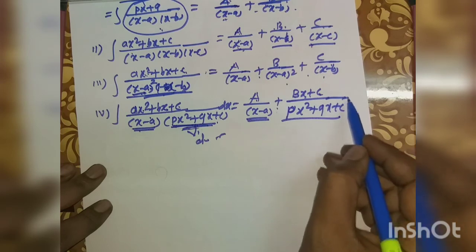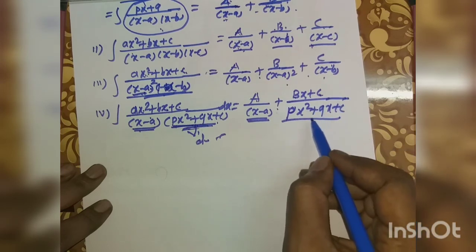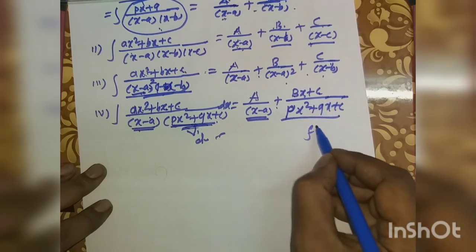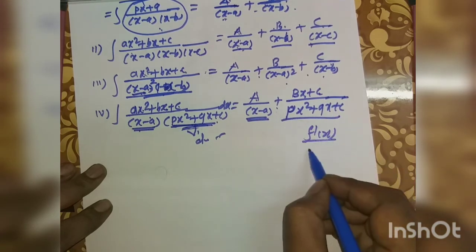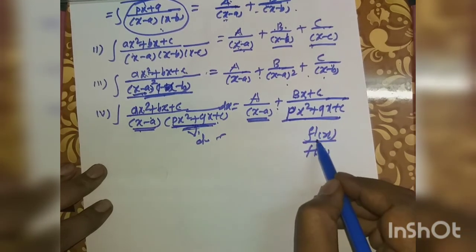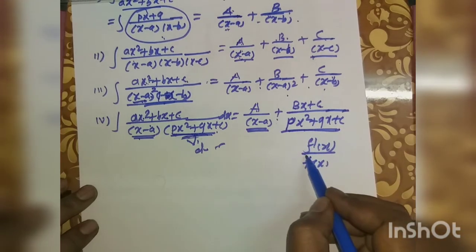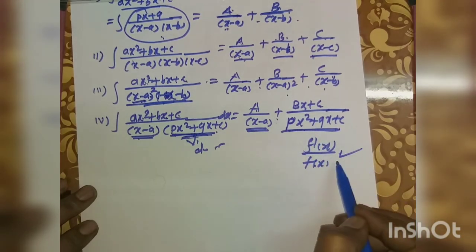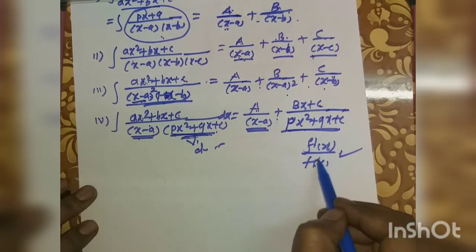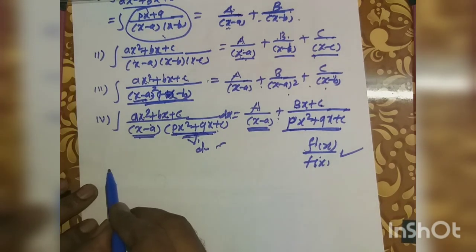Then this part is solved not by partial fraction, but by the first method, f dash of x divided by f of x. The derivative of the denominator is converted into the numerator. We have to see the first method: 1 divided by a quadratic equation is converted into the special form f dash of x divided by f of x. That means there are four types of example.